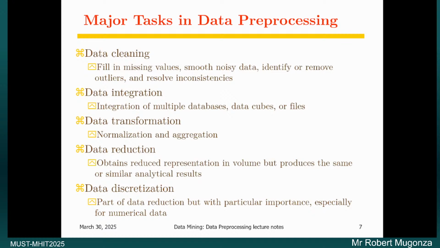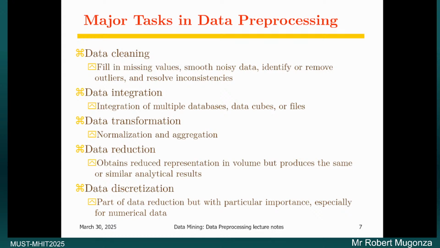And so major tasks in data preprocessing, surely we keep talking about data cleaning. Why we say data cleaning is because surely data is data, okay? And so we have to fill in the missing values. We have to clear the noise by smoothing our data and then remove as many outliers and as many errors as possible. We are pushed to identify and remove as many inconsistencies as we can. So as we do so, we are surely ensuring that our data is going to be of high quality.